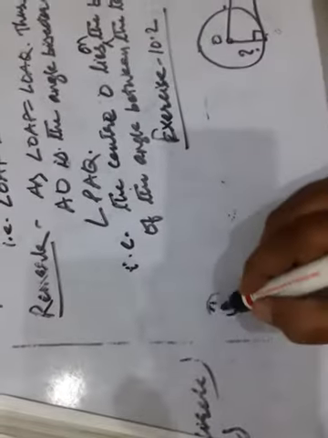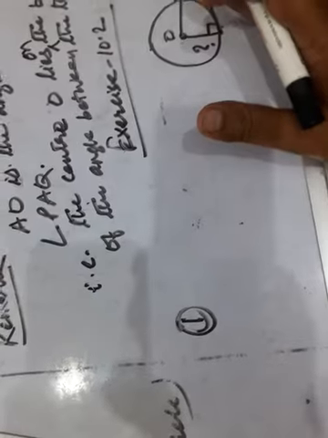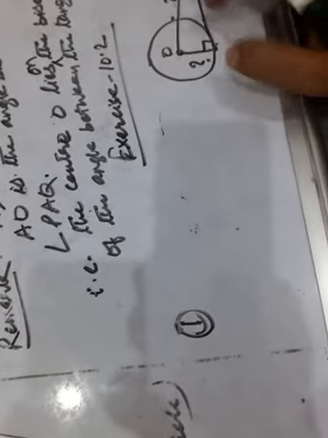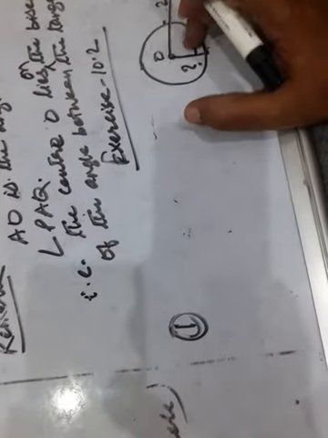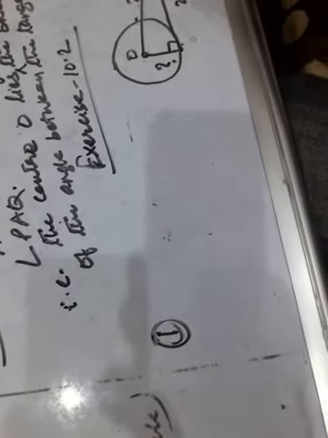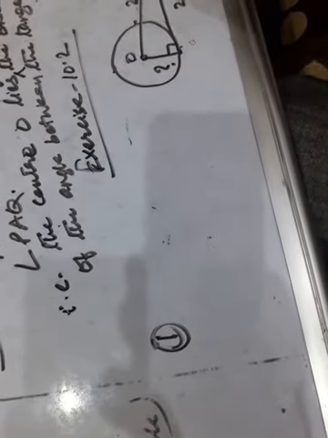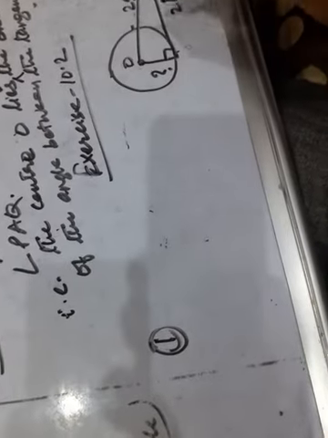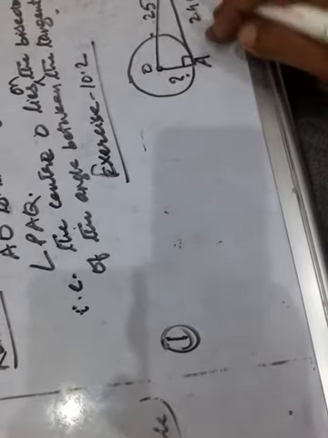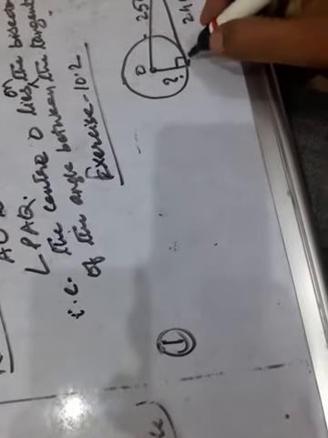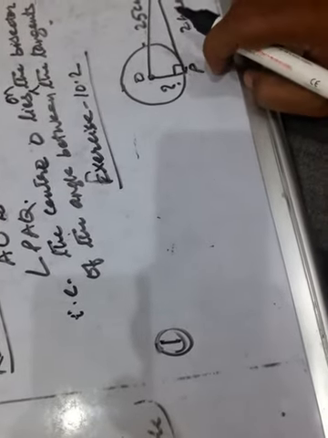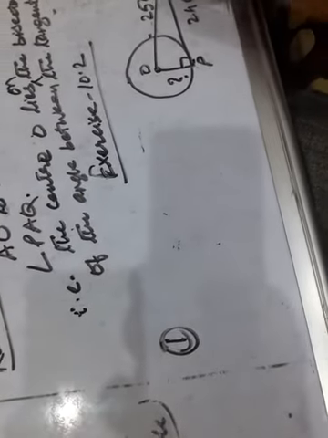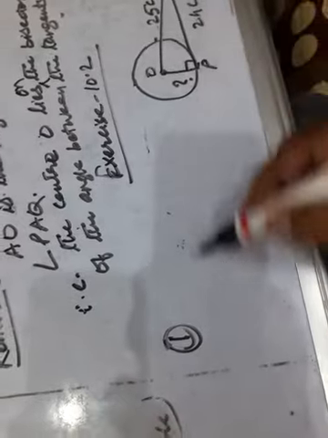Okay, look here. So this is the figure according to the question. Once again, see what is given here. We are given a circle with the center O, and according to the question, the length of the tangent to the circle is 24 centimeter. Let it be OP, you can write down, that is P. It is given to be 24 centimeter and the distance of Q from the center is given to be 25 centimeter. We have to find out.